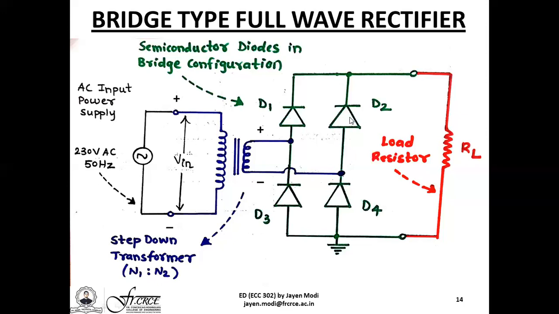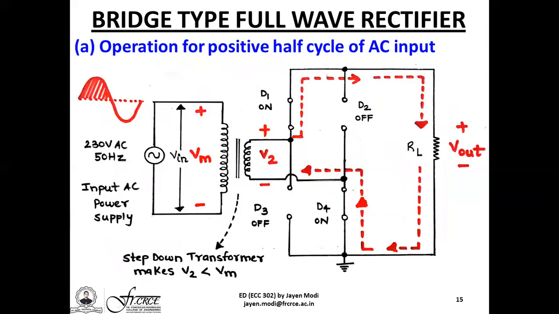For D2, the negative potential is applied to the anode while the same negative potential is applied to the cathode of D4. So this makes D4 forward biased, turning it on, but D2 is now in a reverse bias condition, hence D2 will be off. So this equivalent circuit can be as shown. We have D1 on, which is acting like a closed switch or a typical short circuit path. We have D3 off, it's a typical open circuit configuration.